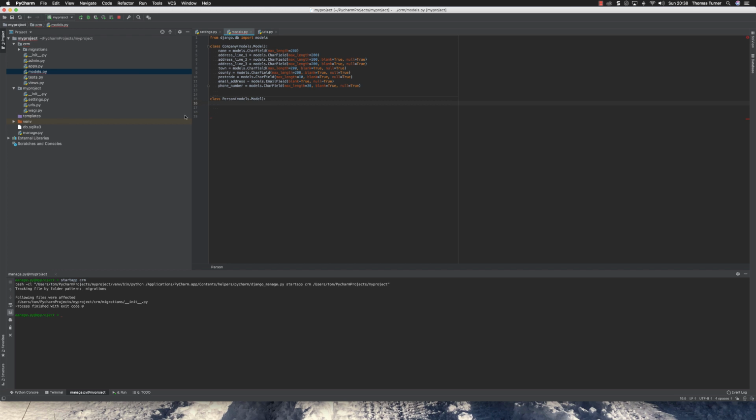The first field we're going to call is company, and we're going to say that links to the company record. Models.ForeignKey, so it's a foreign key to the company record. Now you have to say on delete, and you can put cascade